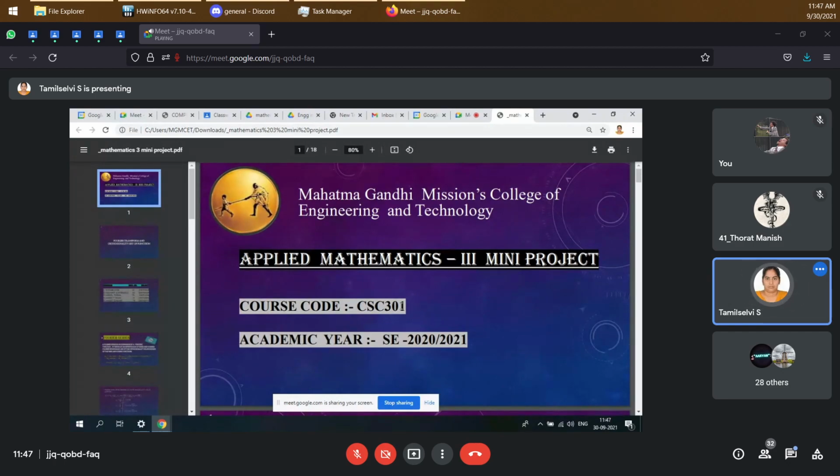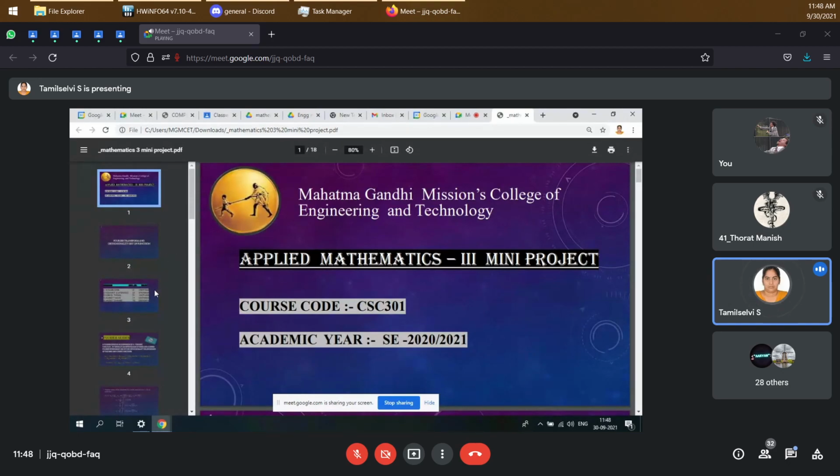And what is your course code? You have IT, so your IT 301, ITC 301, that. And write which academic year it is. Okay. And your title is not included, so the title also should come in this slide. So the first slide should have the logo, college name, the subject, that is Engineering Mathematics 3, then your course code, academic year, and then the title. Okay, the title also should come on the first slide.